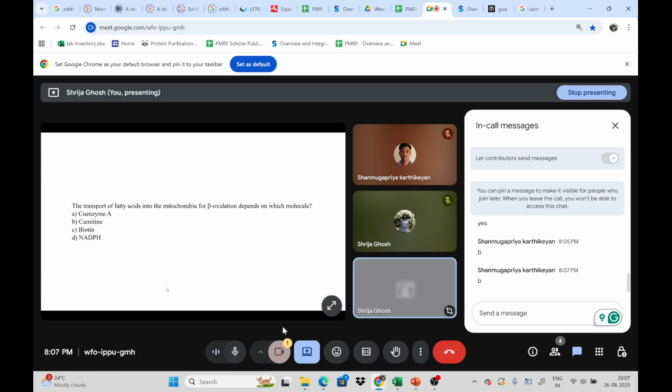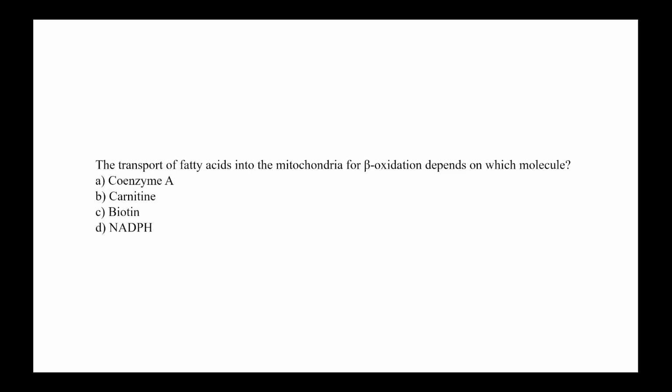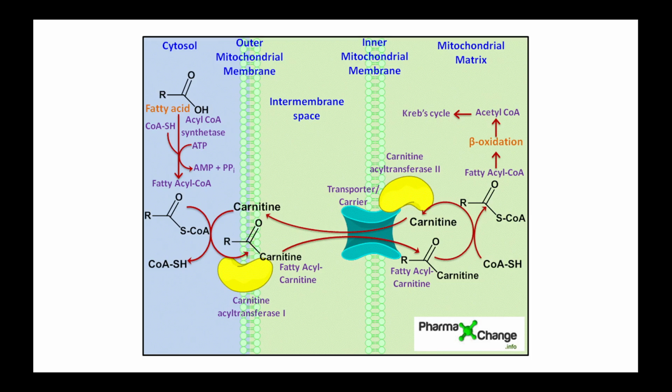So carnitine is the molecule that helps in the transport of fatty acid into the mitochondria. I told you fatty acids can't travel by themselves across the mitochondrial membrane, so they need some assistance. Fatty acids are first activated to form fatty acyl coenzyme A, and then that fatty acyl coenzyme A will be transported across the